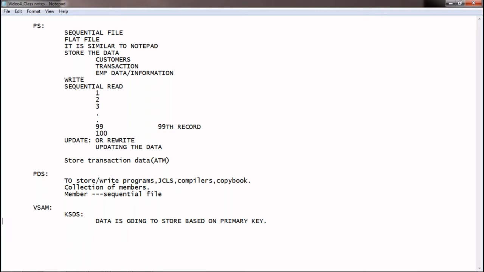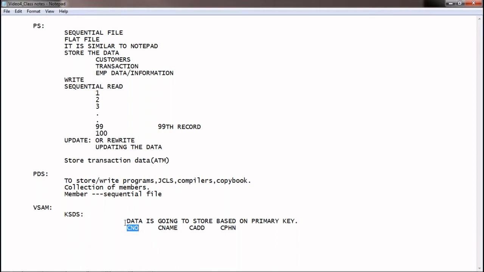What is the meaning of a primary key? In SQL, we create a table and make one of the fields a primary key. In a file system also, we can make any field a primary key, or use two fields as a primary key. For example, customer number, customer name, customer address, customer phone number. If you want to make one of the fields a primary key, you can.